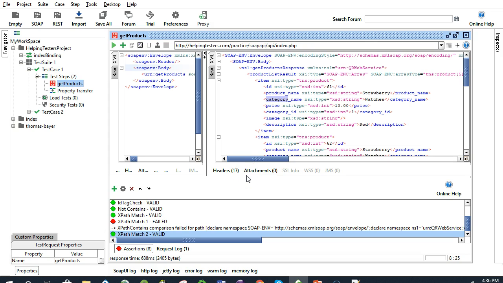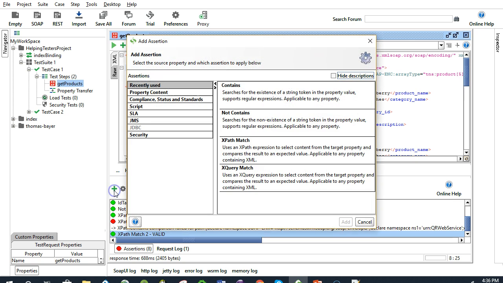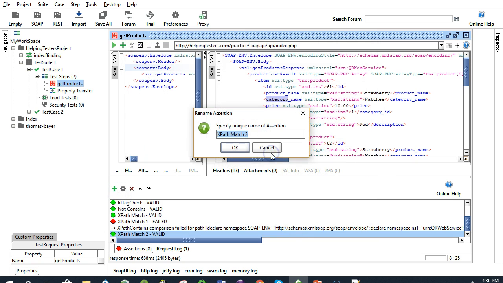Hello friends, now I'm going to tell you about some functions which we can use with XPath to check our response, whether our response is giving us the right result or not, so that we can validate. You can just again click on plus and go to XPath match,